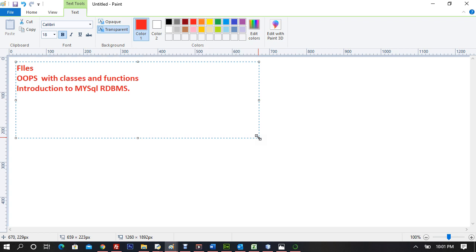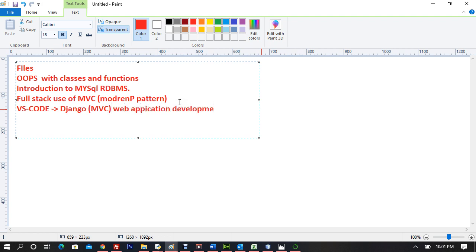After that we are going to see the modern, or we can say full stack, use of MVC, which is the modern pattern, and then we are going to jump into VS Code and learn Django as an MVC web application development framework,